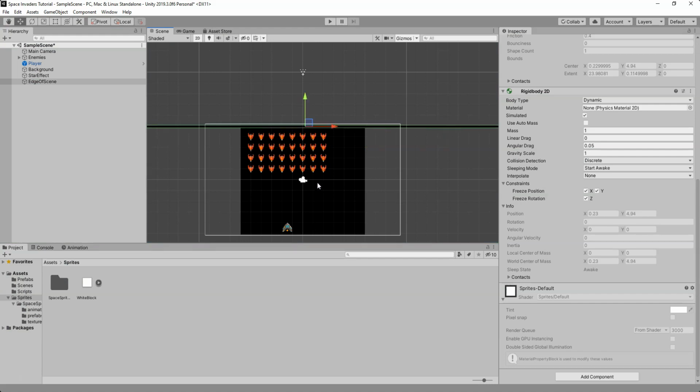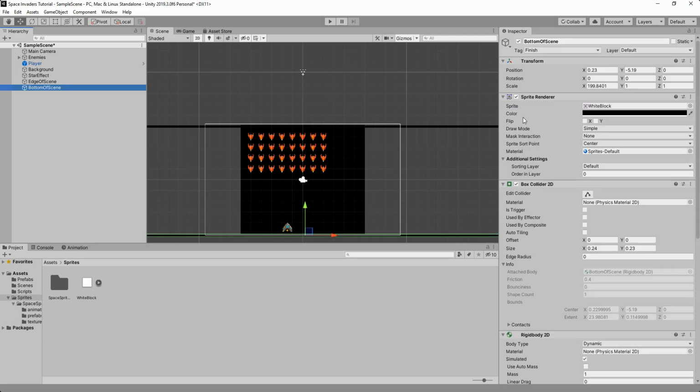for the enemies at the bottom of the screen, but I will do that as well now. So I created an edge of scene. I'll rename it to bottom of scene, and it will have some of the same properties,